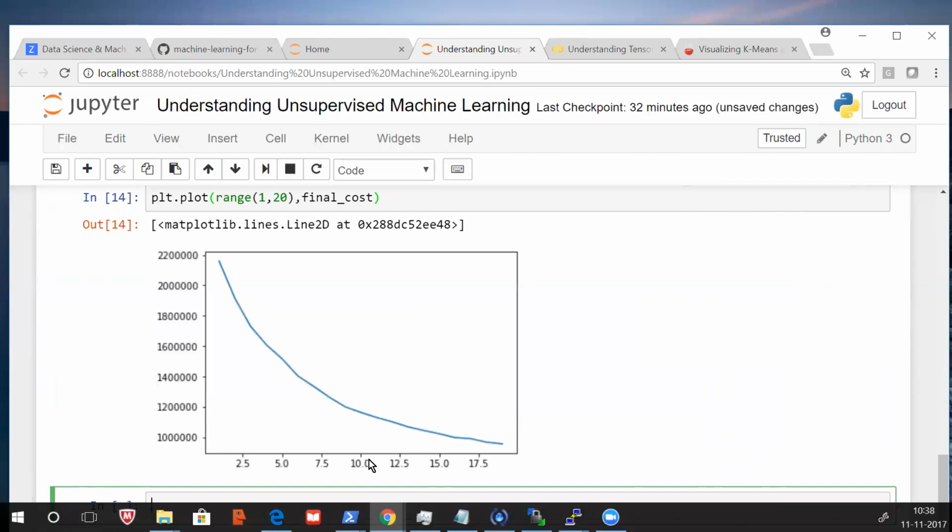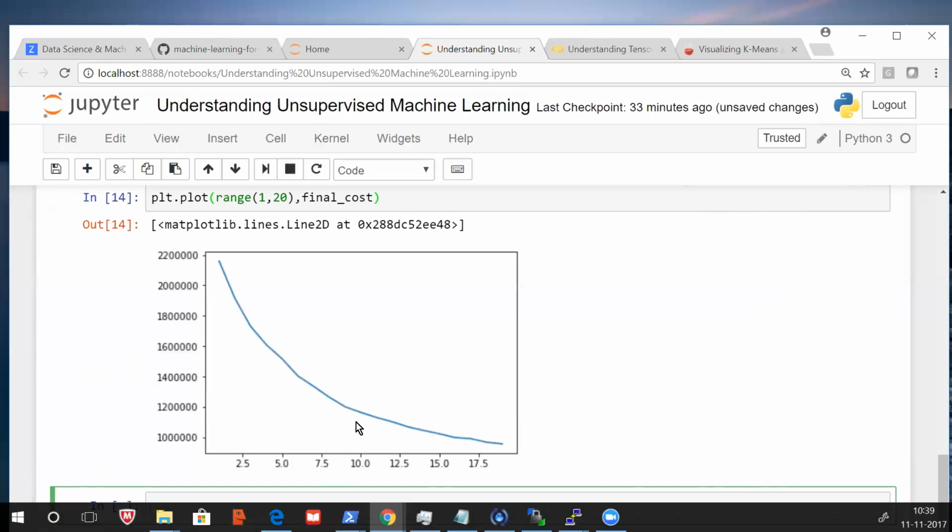Steep means, see, understand this line. What is the problem we are trying to solve? We have to find the optimum number of clusters, right? And anyway, if you make more clusters out of your data, you will get lower and lower cost. But that is not what you intend to achieve. We want the optimum number of clusters. Here you can check d by dx of this thing, right? By seeing the graph itself, we should be able to tell what is the optimum number of clusters.